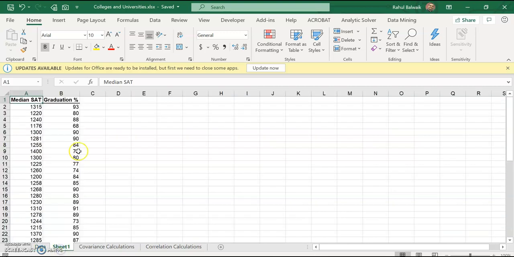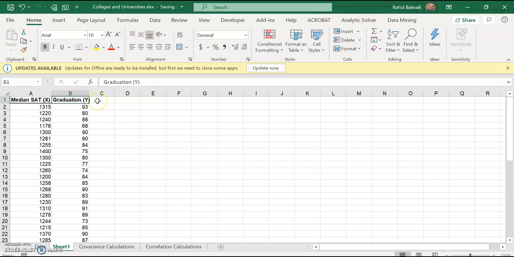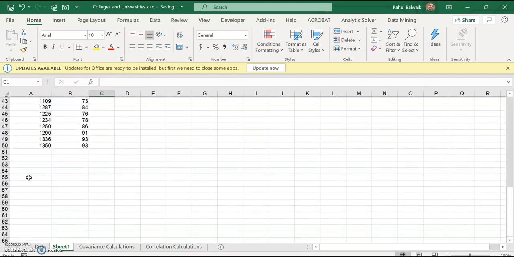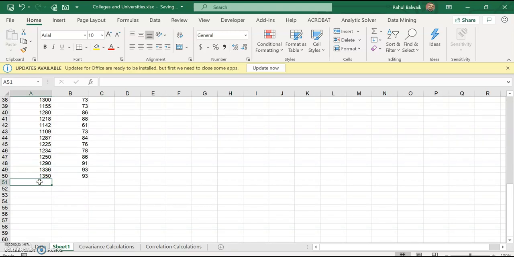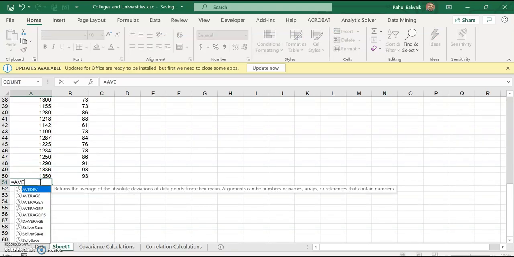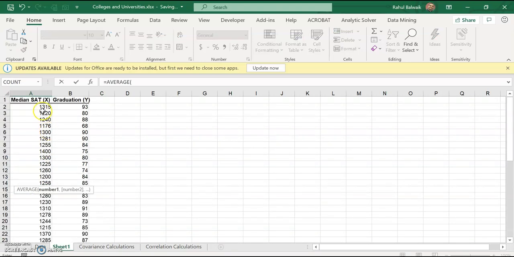Let's do it manually first, then we'll do the exact same thing with the Excel function. Let's say the median SAT score is my x value and the graduation percentage is the y value, and let's determine the mean first because we have to find x minus x mean. So let's find the average.